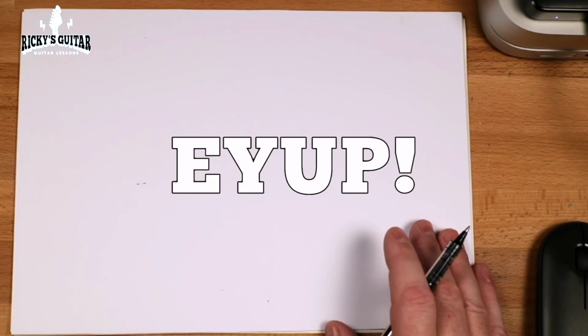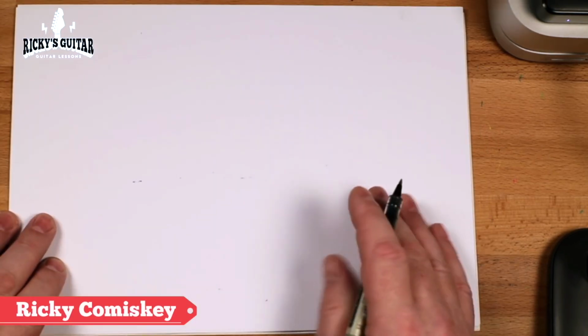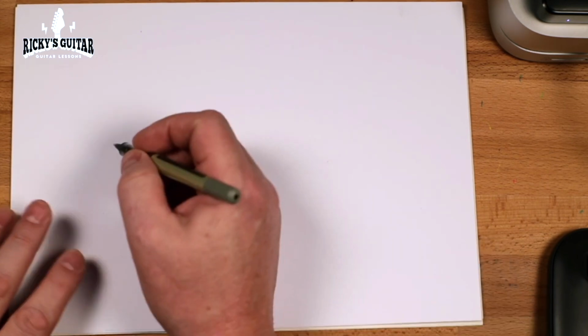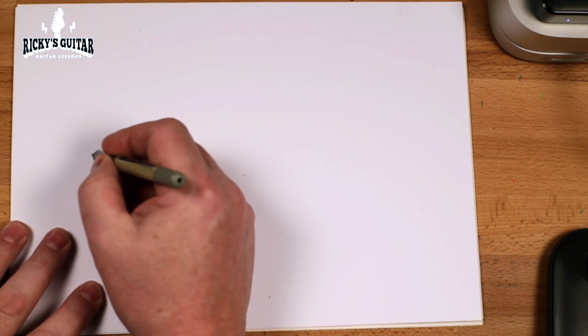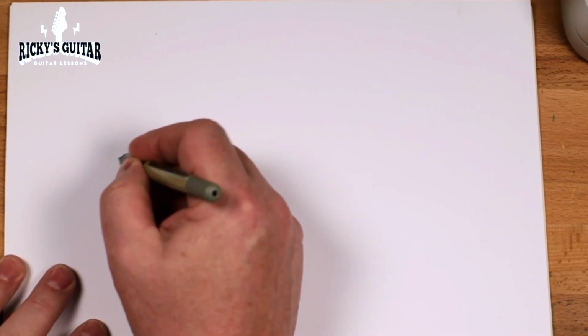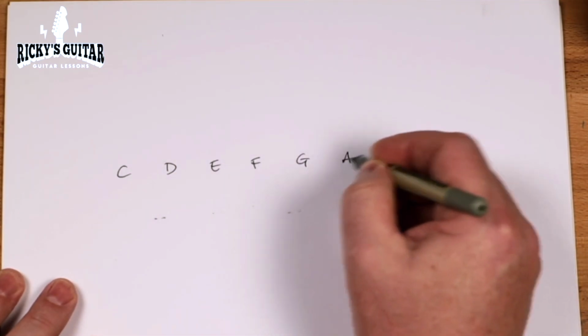I'm going to stack these notes that we have here, these ingredients. I'm going to use letters. I'm not using standard notation. You don't need to read music because I think this makes it really easy for you to get your head into. So if we look at the key of C major again, we go C, D, E, F, G, A,